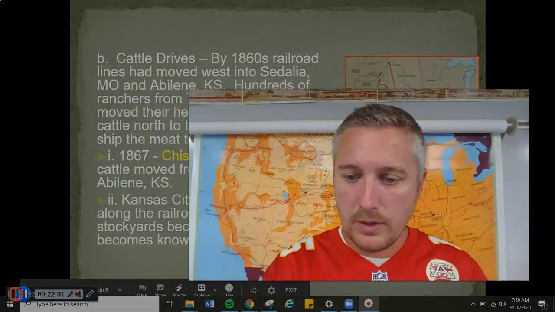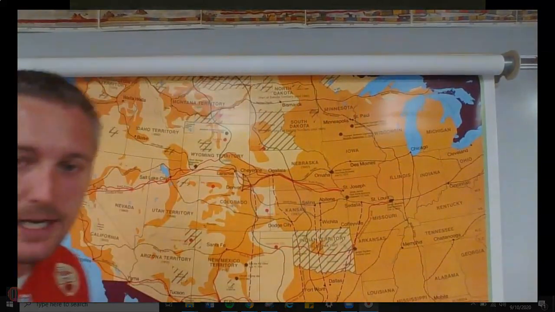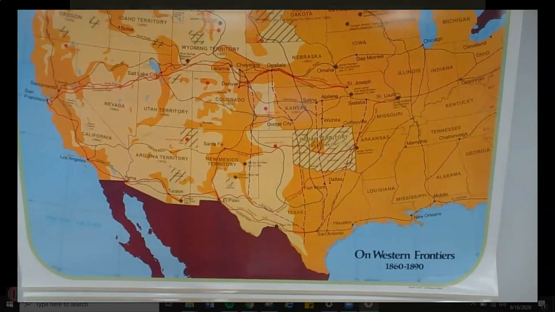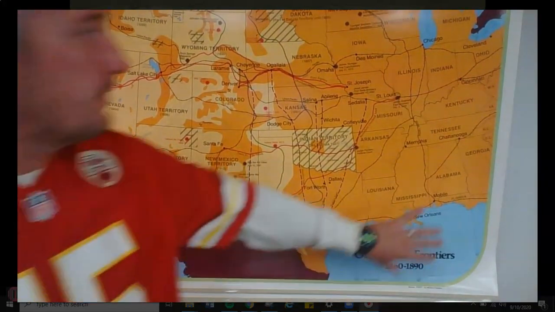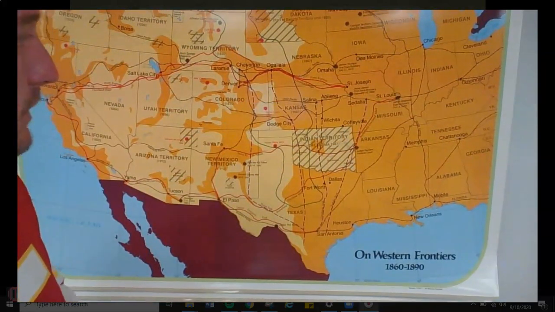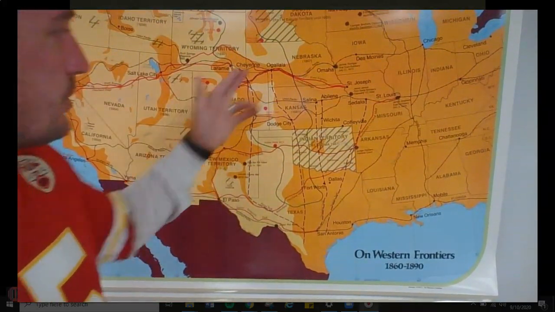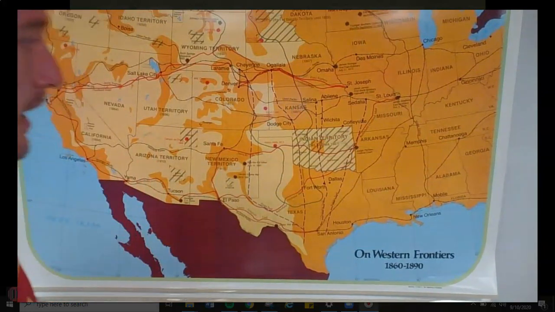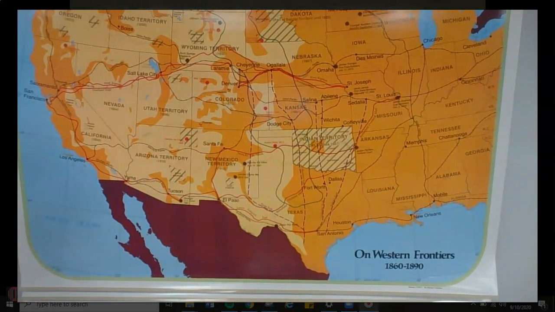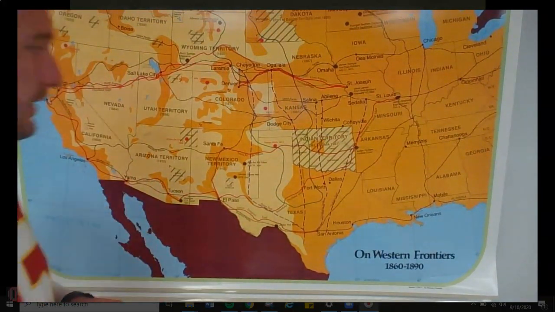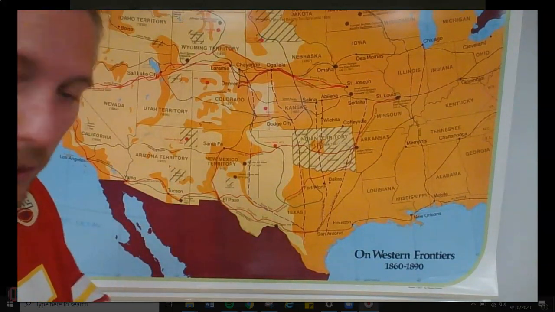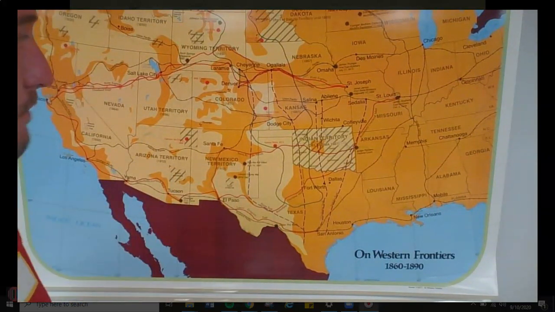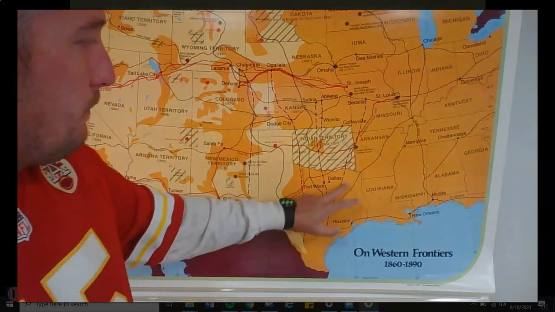At this point, I'm going to bring it back here. I want to show you guys this map that has been behind me the whole time. Usually in the classroom, I would show you this. So we got a couple things happening here. Number one, the dark orange, going back to population, right? The dark orange had been settled by 1890. So you can see kind of how far we had spread by 1890. But some of the other colors, I don't know if they're showing up too well here. The big thing I want to mention is the purple dotted lines.